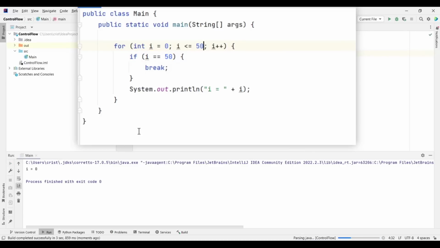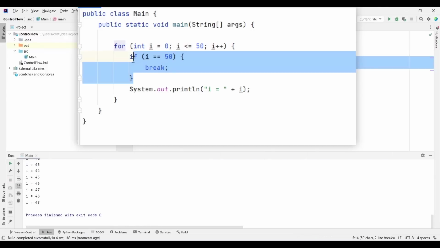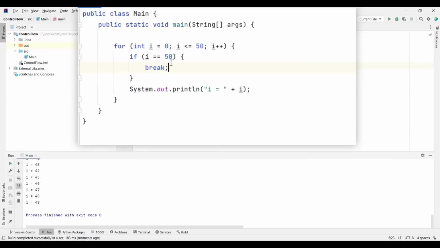So if you run this, we get 49, and 50 is not printed, because when it reaches 50, it incremented the i to 50, but it will not execute this SOUT to output i in the console. So this is how you can use the break keyword in a loop to stop the loop.